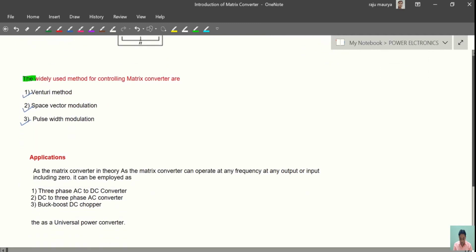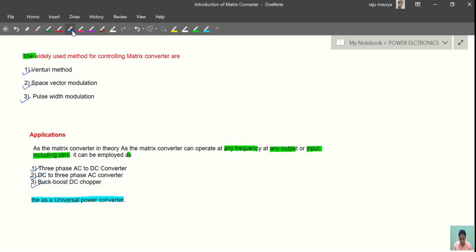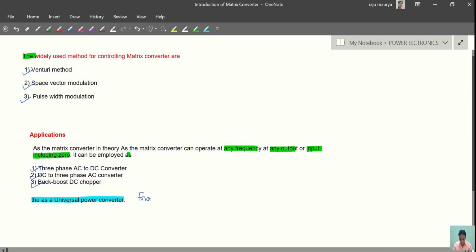And the application part: it can operate at any frequency and any output or input including 0, so it can be employed as a 3-phase AC to DC converter, DC to 3-phase buck boost, or we can say we can use a matrix converter as a universal power converter. From one circuit, or one converter, we make all